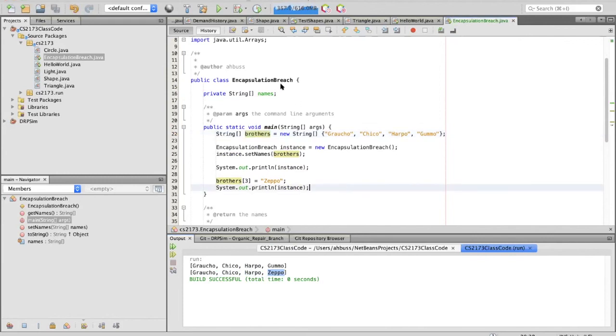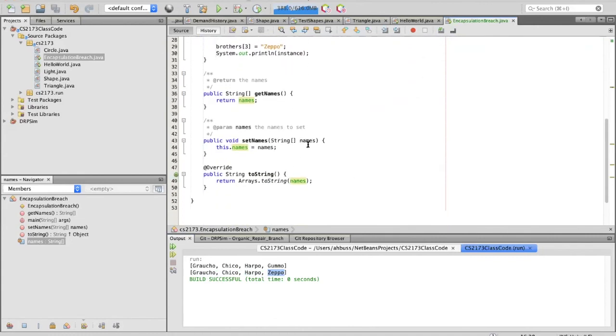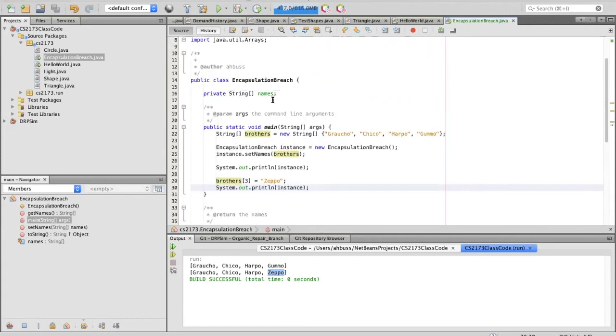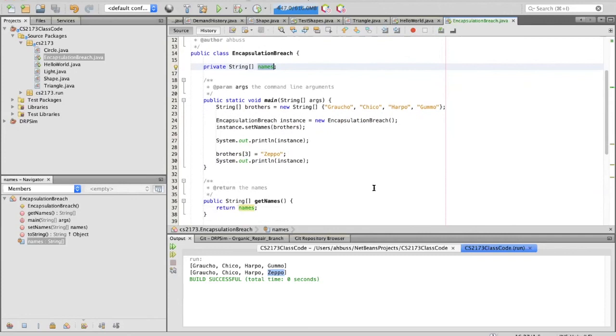In other words, this object should protect my variables here. And the only way that you should be able to change it is by this setter method. And that's fine. But that's not what I did here. I didn't invoke the setter method. I just took my local variable here and I changed the value. And all of a sudden, the instance variable in here got changed. That's an encapsulation breach. In other words, this class has not protected its data.